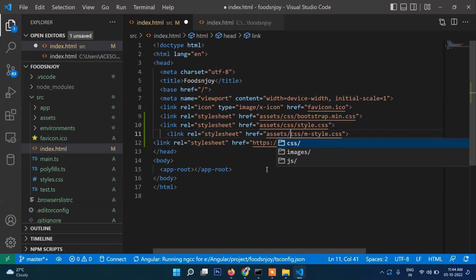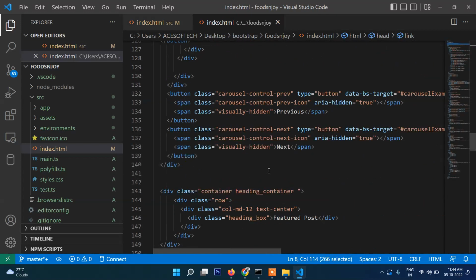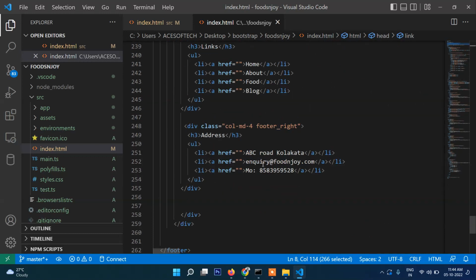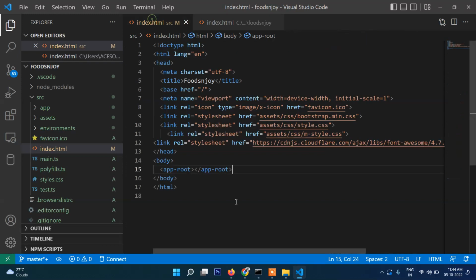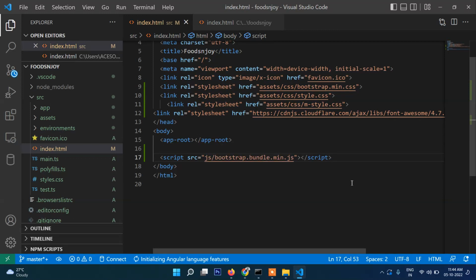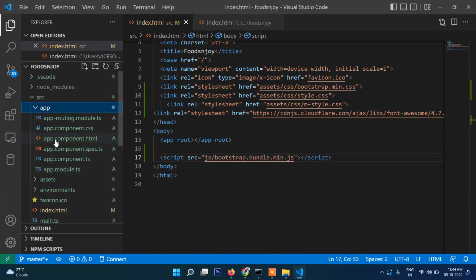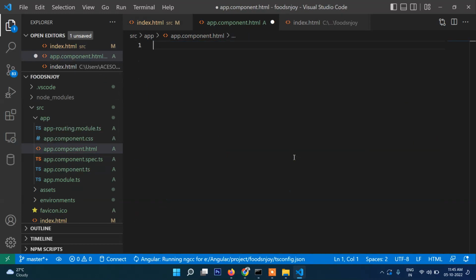That's it. And apart from that, if you check in the footer section, we have included JavaScript, this one. So now let's include here as well. That's it. Now let's go to app and then app component.html. Just delete everything and then